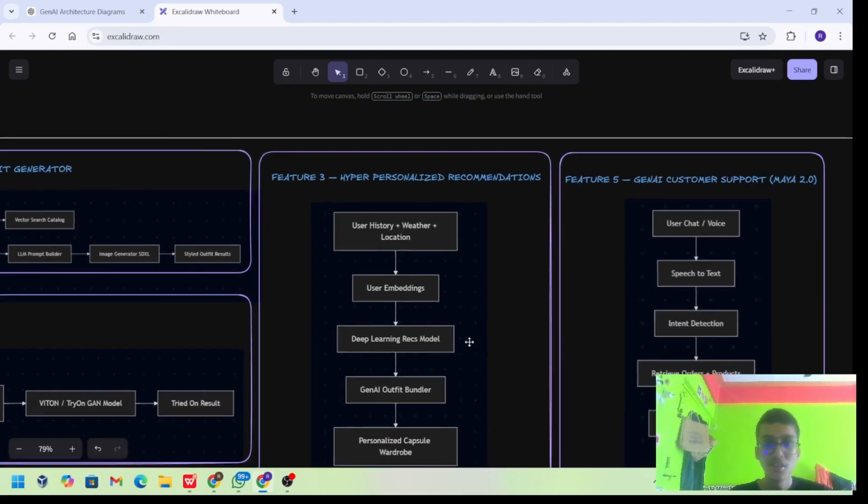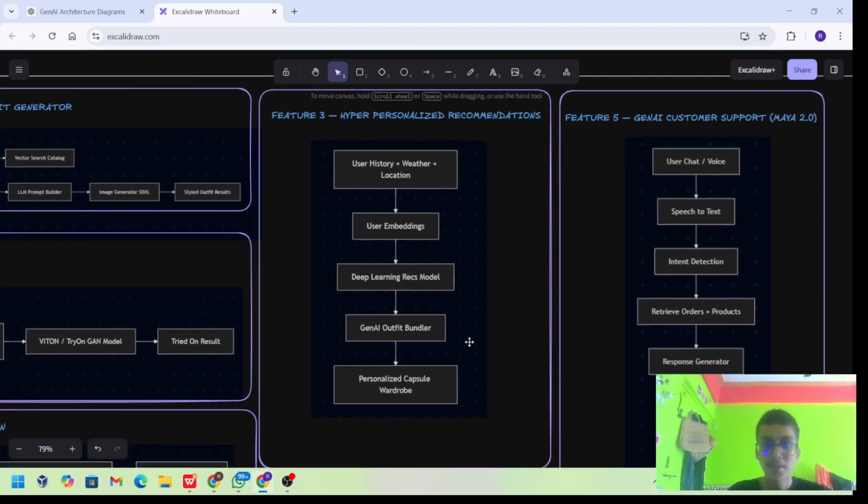So there will be minimum returns from the user. The third feature which I have drawn here is the hyper personalized recommendation. Now what will we do? So, users who bought this also bought that. The GenAI makes it deeply personal. So what we'll do is we collect the purchase history, the browsing behavior, the weather, the location, and the fashion preferences, and this all will be considered as user embeddings,